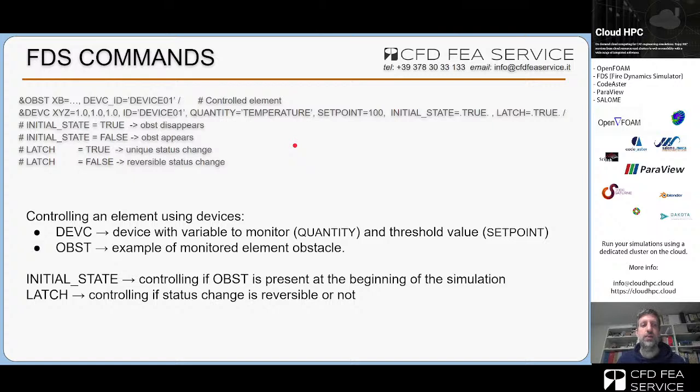Another thing I often add manually to the text FDS file once it is generated is the control. So we have an obstacle which appears or disappears when a certain condition is reached. It's like a door which opens when the temperature close to the door reaches 100 Celsius degrees. Well, in that case, we need to append to the obstacle definition the device ID and add a device ID